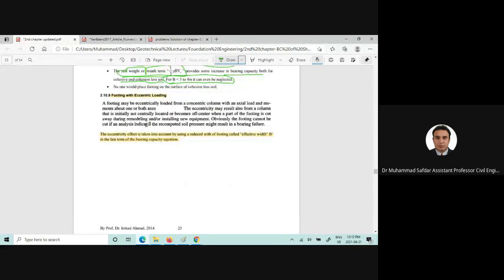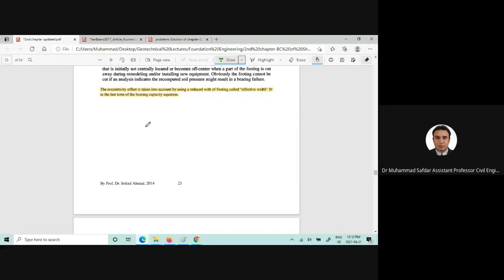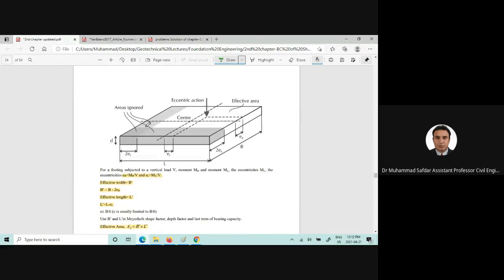Now, we discussed a little bit about the eccentric loading, and eccentric loading basically, for example, if we are given a foundation,